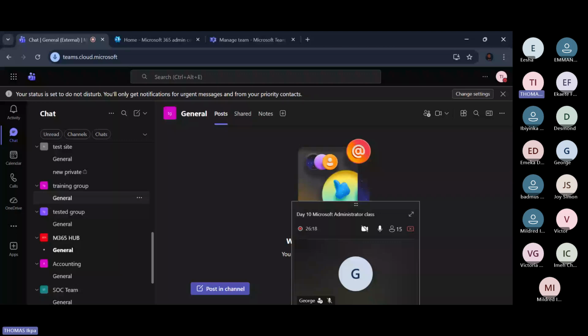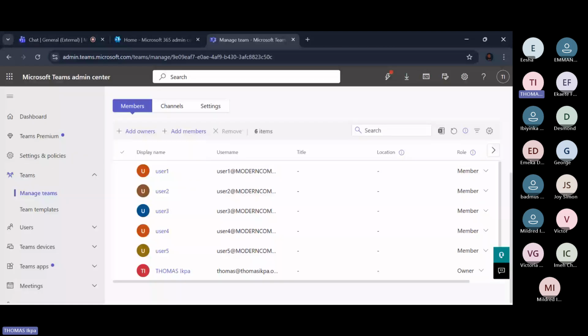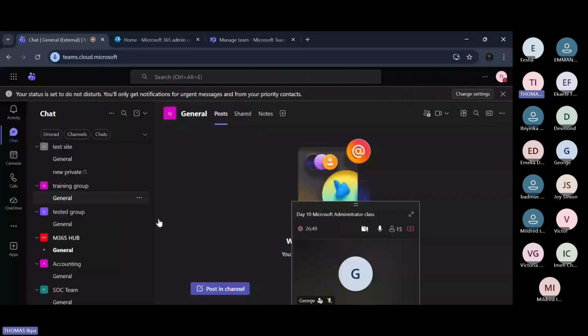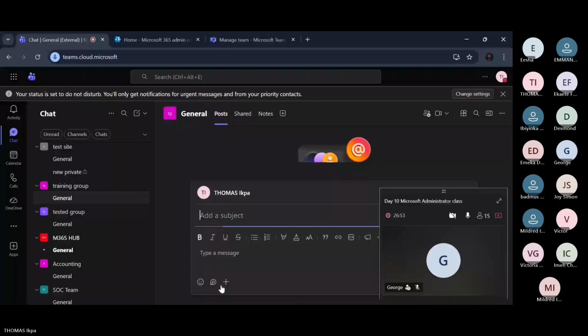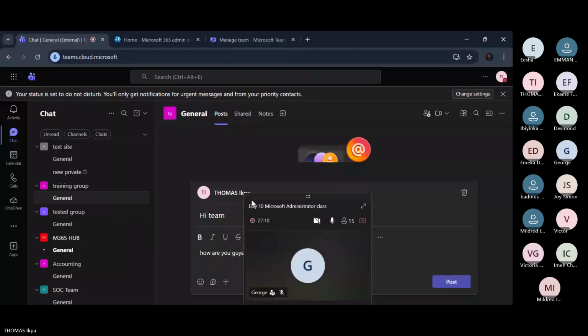Okay. So now this is a team. So now under this team, I want to pass a message to only user one and user two. I don't want user three, 4, 5 to have access to the message. Right? How do you even pass a message? If you come here now, post to the channel. If I say, hi team, how are you guys doing today? If I post it,